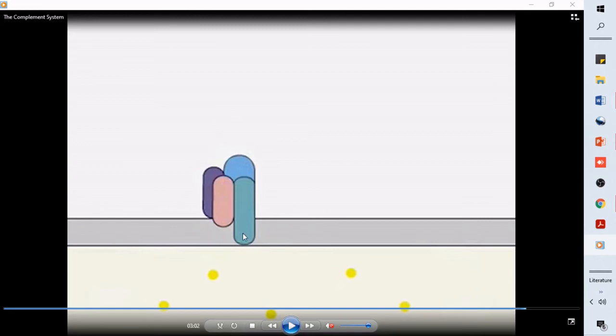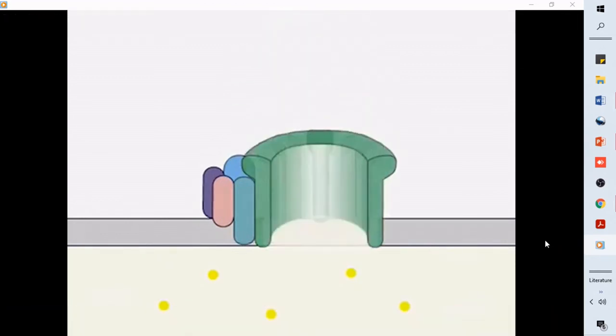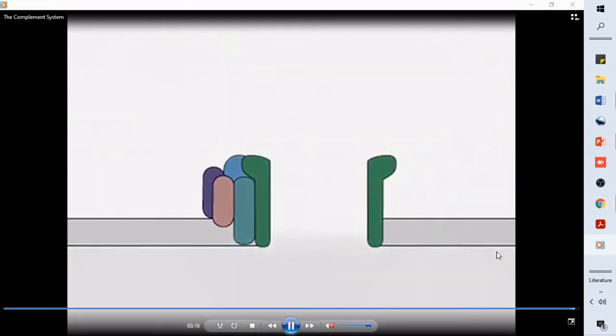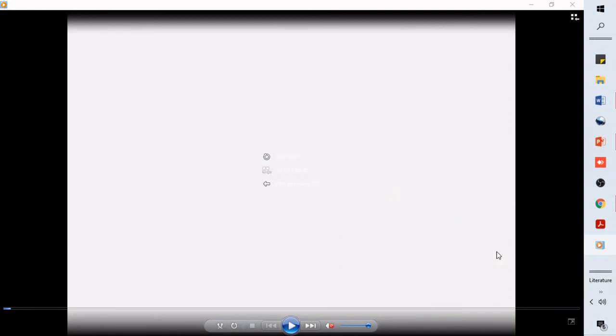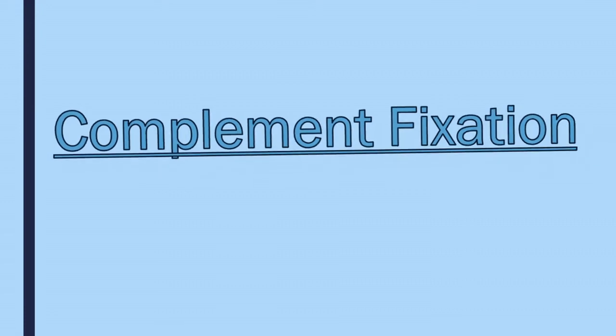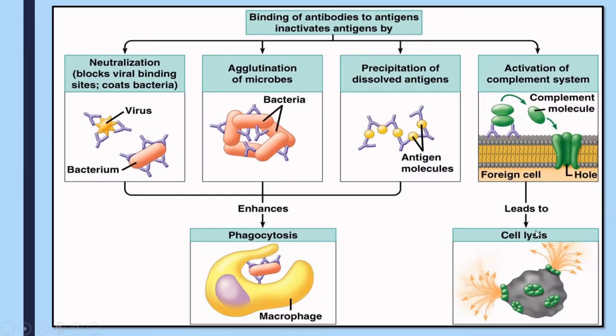You can see now C8 has gone inside the membrane completely. Okay. Then comes many C9 and they form a pore. This particular complex is called membrane attack complex, MAC, membrane attack complex. Okay. So once the pore is formed, then all the material inside the bacterial cell will come out and the cell will eventually die. Okay. So no need to have any immune cell into the picture, and that is why we showed it here like this, cell lysis occurs.